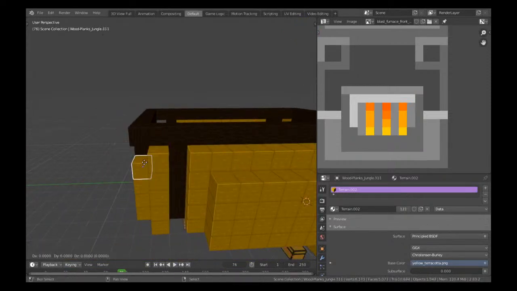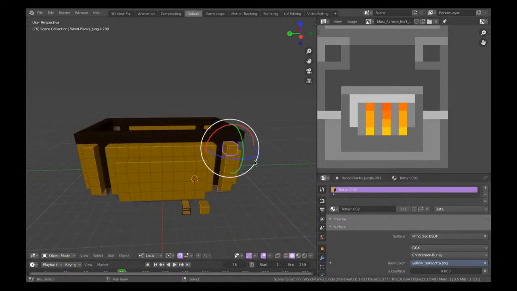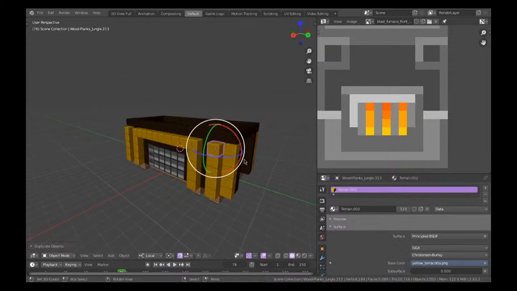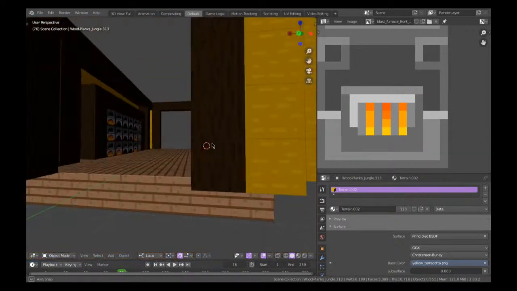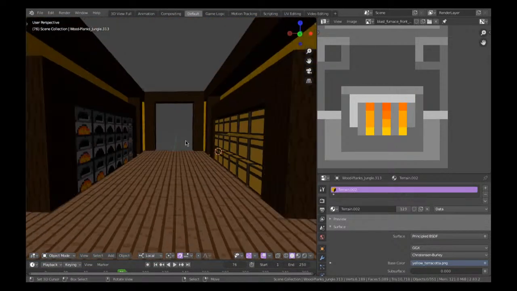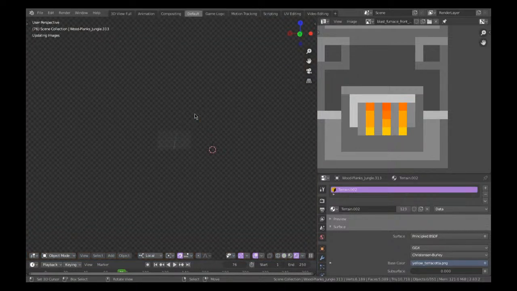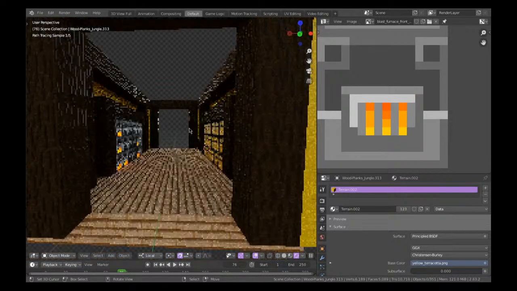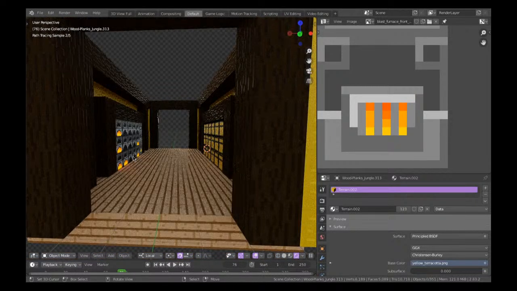And then obviously I just missed these ones. So I'll do those. Excellent. Okay, so that's looking pretty good. Now, what I want to do is, I was going to say lighter, but actually I want to finish